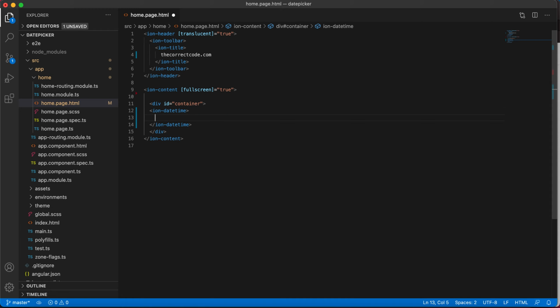Now we will use a placeholder to display some text like "Pick date". Now I am going to calculate the age. When the user selects the date, I am going to calculate the user's age.